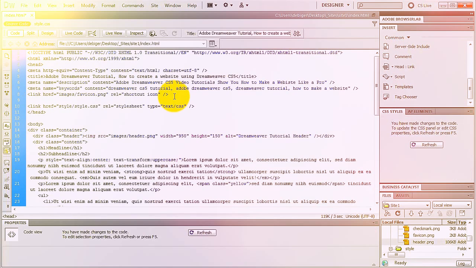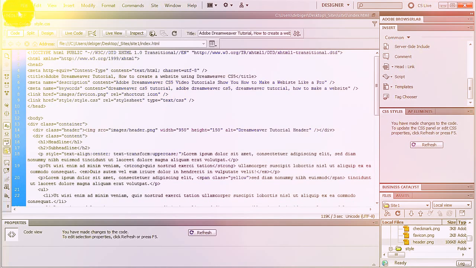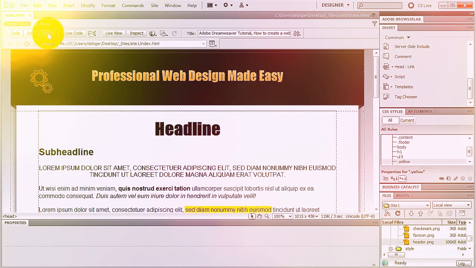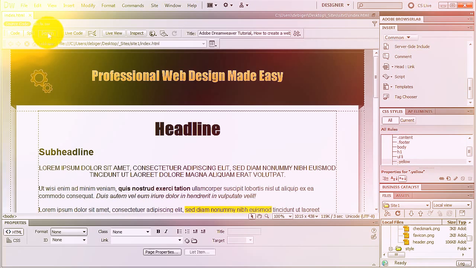Okay, I delete this gap. I save my index page, and I go to design view, and I show you how to link one page to another. I just create 2 copies of my index page. I select it, press Ctrl D or Command D on the Mac, and I get a copy. I need 2 copies,